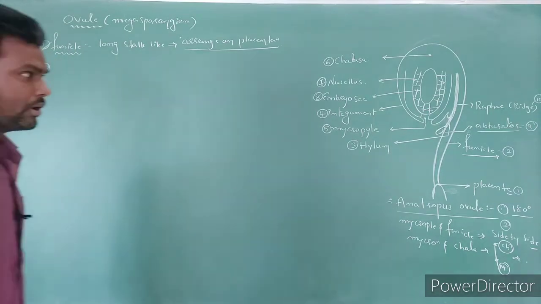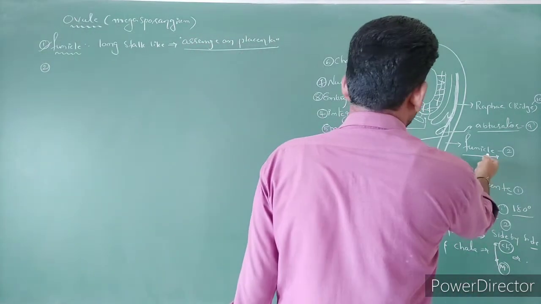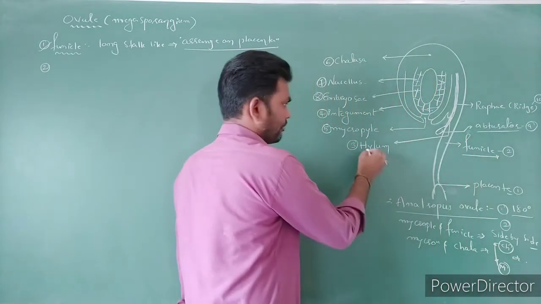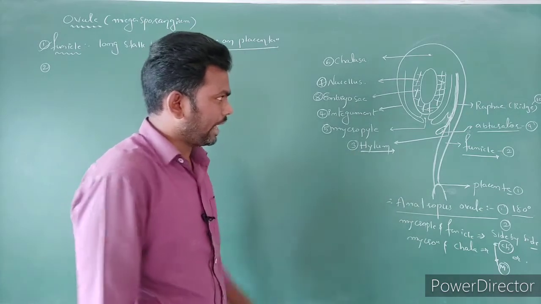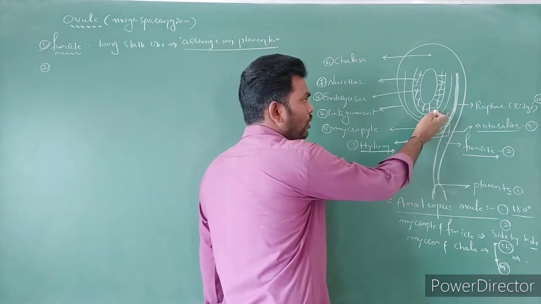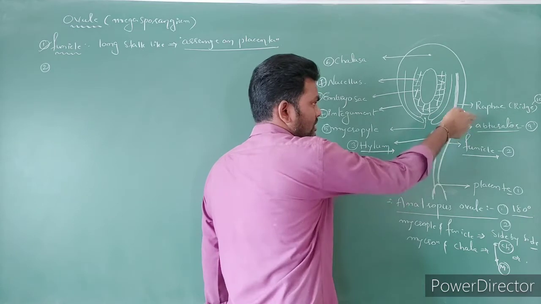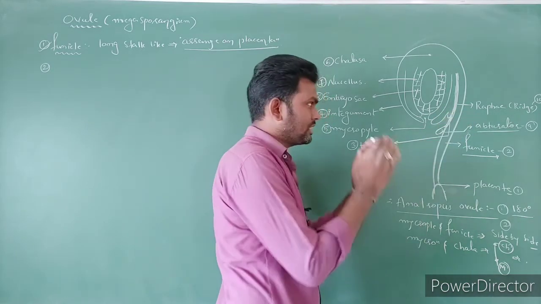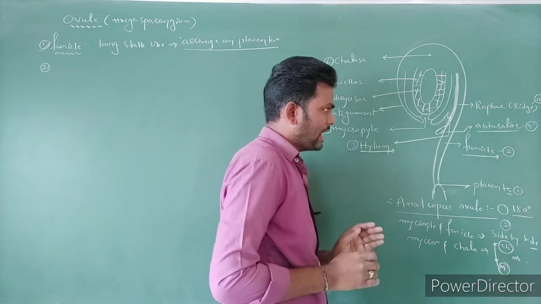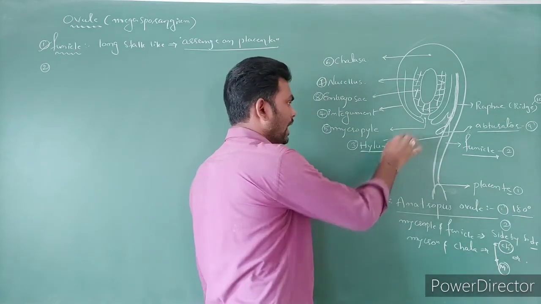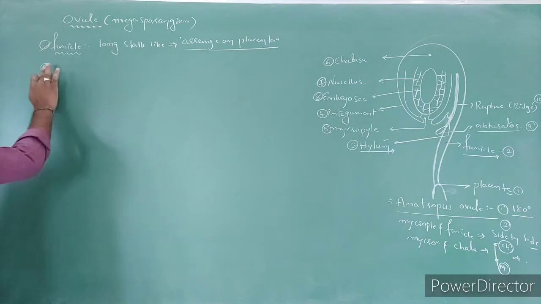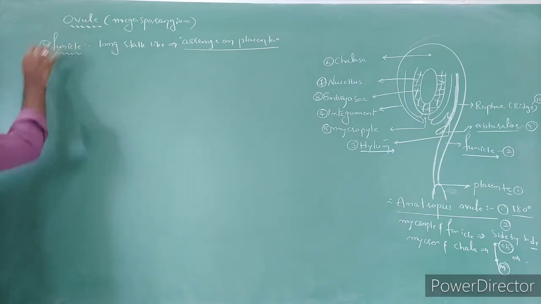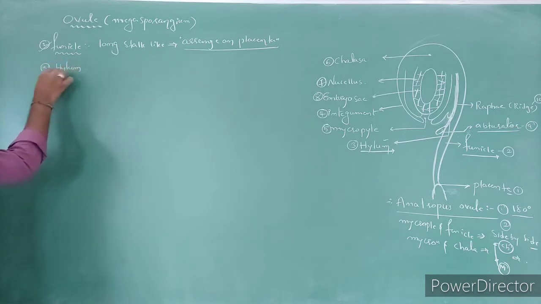And focus on the second part. The second part we can call the hilum. This is actually what? Hilum. The hilum is where the ovule is going to fuse with the stalk-like structure of the funicle. Such a junction of the ovule and the funicle structure we can call what? Hilum. The first part is the placenta, the second one is the funicle, the third one is the hilum.